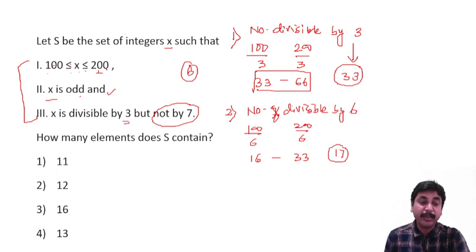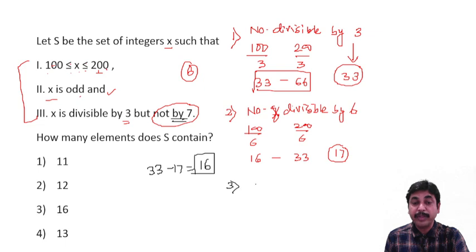So ultimately what we have to do here now, we have to subtract this 17 from 33. So 33 minus 17, that is 16. But hold on, 16 is not your answer, because there are some numbers in these 16 numbers which are divisible by 7 also. So first what we have to do,